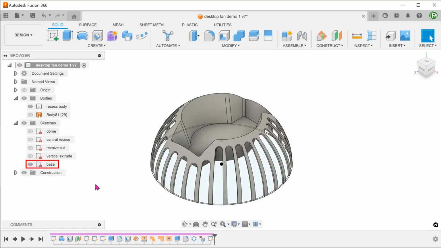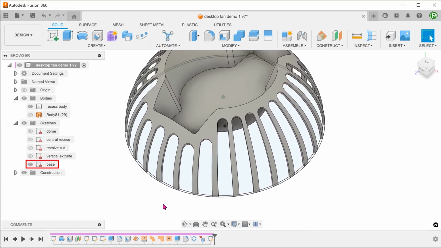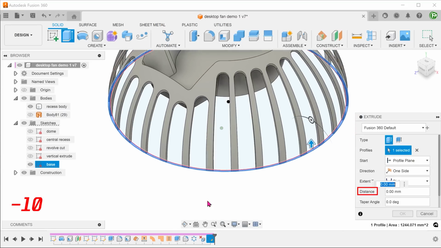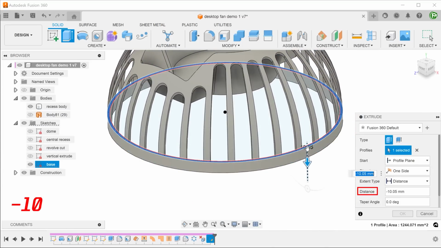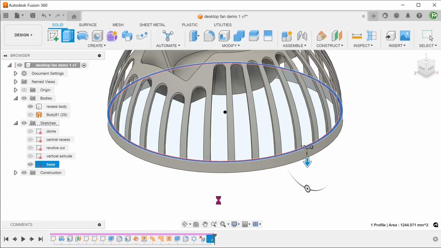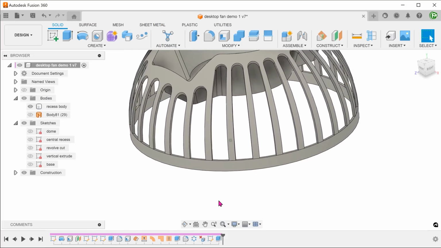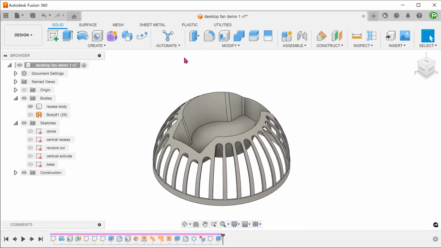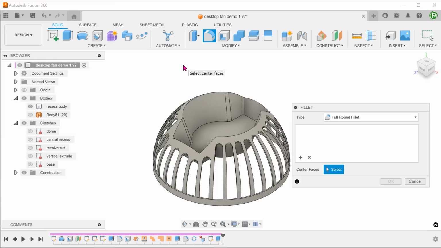From here, we will extrude a base. Interestingly, I was not able to create a circular pattern of full round fillets for the bottom end of the slot using either of the 3 compute options.